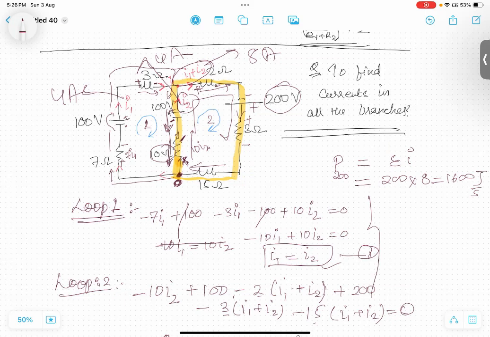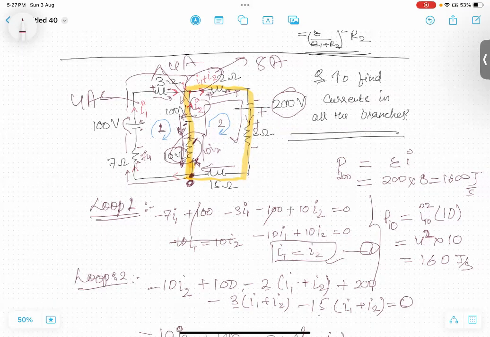What is the power dissipated by this 10 ohm resistor? The power dissipated is I squared R. What is the current through the 10 ohm? It is 4 ampere. So 4 squared into 10, 4 fours are 16, so 160 joules per second is the power dissipated by the 10 ohm resistor. Okay, so that's it for today. We are done with the Kirchhoff voltage